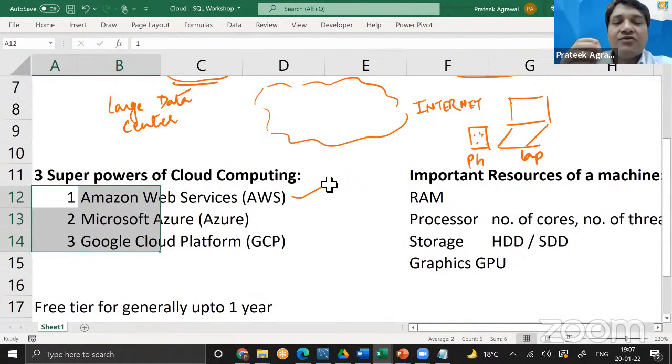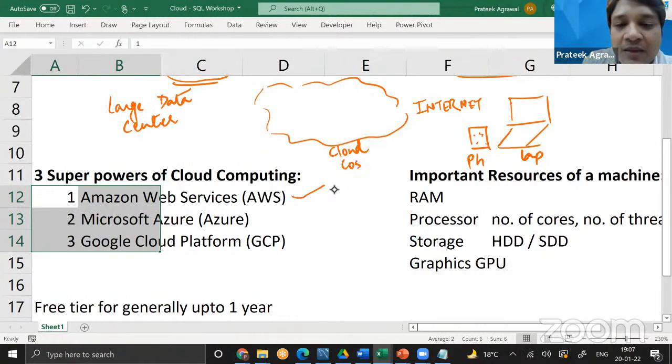It is still a physical place where you're storing the data, just like how you have a hard drive in your laptop, you have a processor in your laptop, you have a graphics drive in your laptop, you've got RAM in your laptop. All those things are there in cloud machines as well. The only difference is your laptop you only own, nobody shares it with you. But cloud spaces are generally shared. You can definitely take dedicated cloud space from these cloud service providers, but generally they are shared, and hence they're